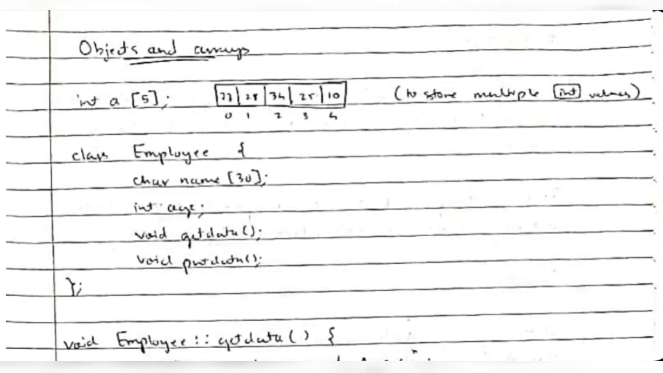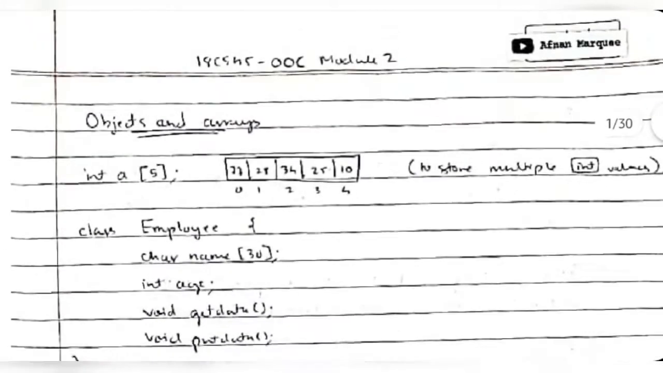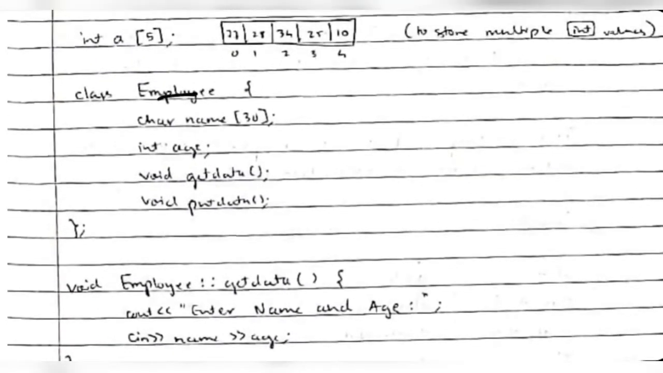So if you want to store multiple objects in a single place, what you can do is like how we used to do for int, right? Int a of 5, then 5 spaces will be created wherein you can store the integer values. Similarly we can do for the array also, for the object also. Suppose that the class is employee and these are the data members and these are the functions to get the data and display the data. So two functions, two data members we have, which is name and age, and by using an array we can store these